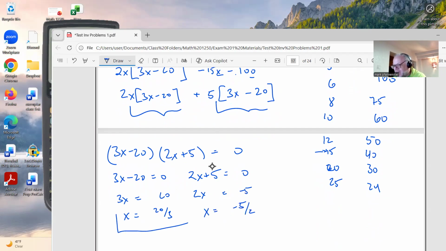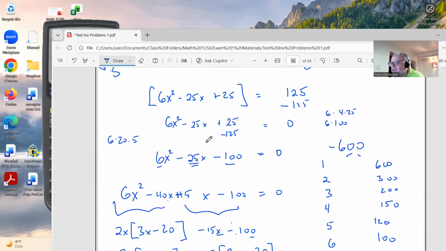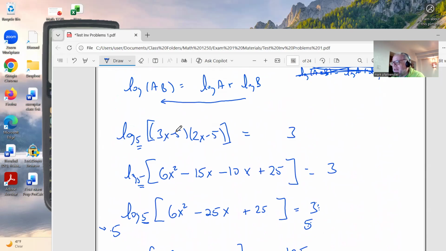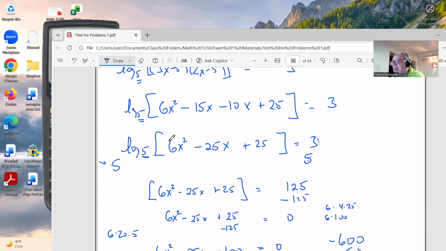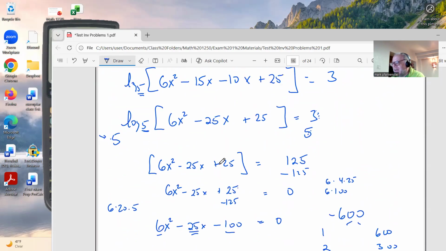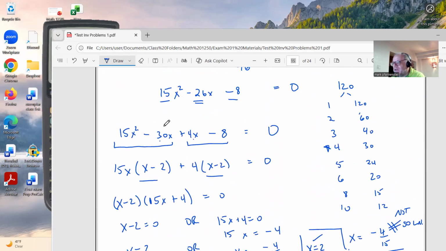We have to check these answers. So we are not done yet. We have to go back up and check the answers to see if it actually works. You go back up to the original statement of the problem, and we're going to plug these answers in. And then I can tell you that by inspection, if I plug in negative 5 halves into either of